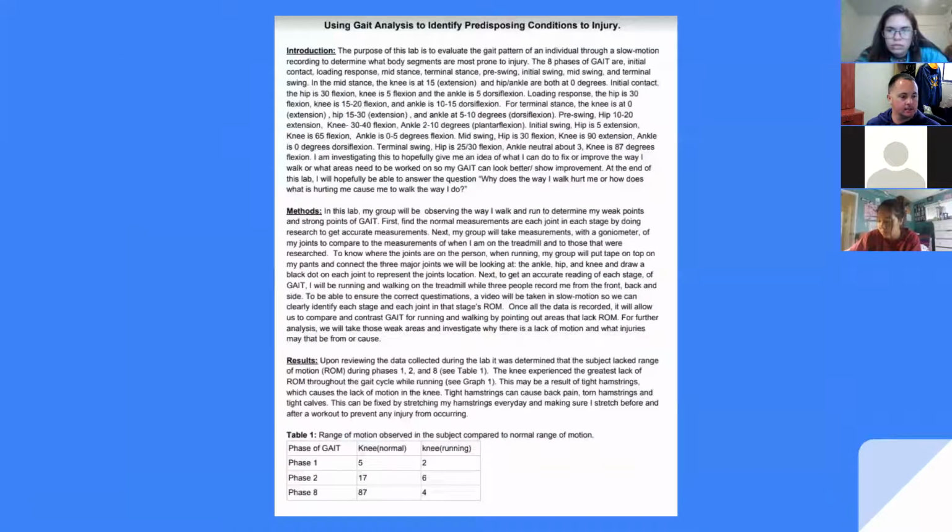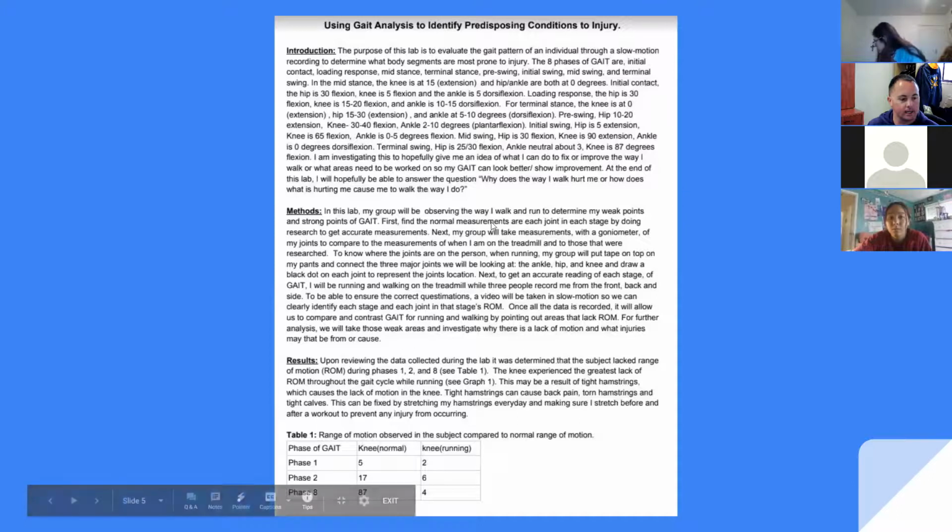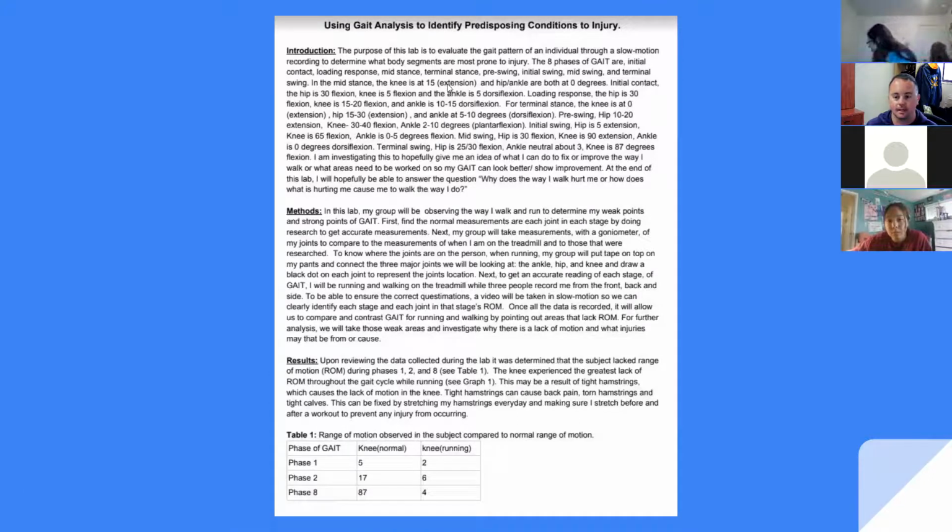So here is an example of the way it should look. Obviously, to is not capitalized in a title. The is sometimes. But you have the bold, the colon, and then it just goes right into the section. So this is what it should look like. This is from the example that I gave you guys under that assignment as well. Are there any questions with formatting in your lab write-ups?